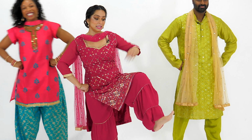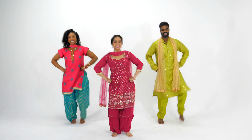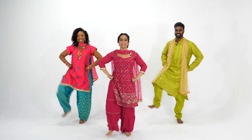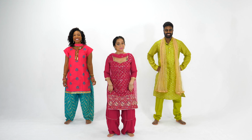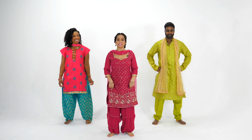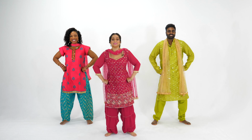Let's try it. 5, 6, 7, and a kick, switch, kick and kick, switch, kick and kick, a kick and kick. Good job. Remember to have bounce in your knees when you do the move, okay? Bhangra is very bouncy. I want to see those knees bounce, okay? Let's do this to the music. We're going to start with a little bounce. 5, 6, 7, and